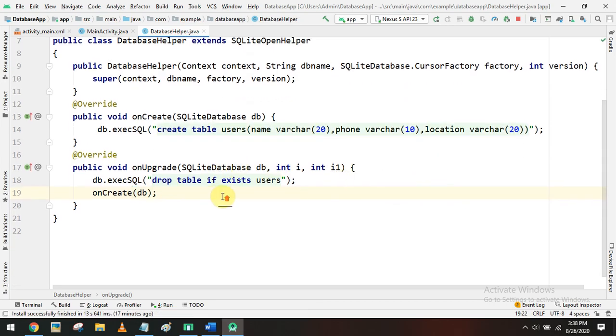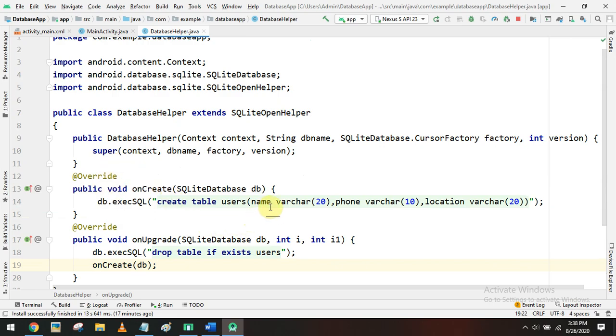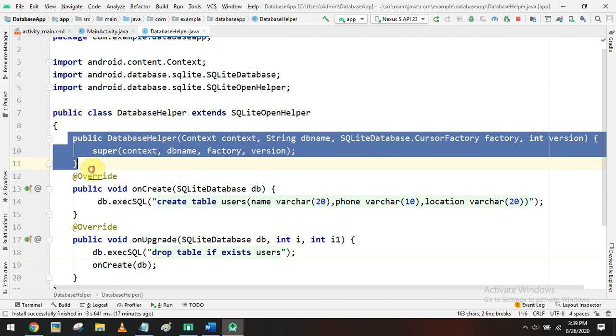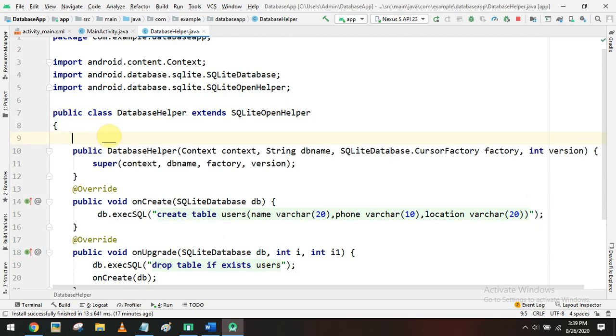Okay, so this way we have completed up to now. We have created a database using this constructor. We have created a database. Okay, this constructor, I'll write the hint points. To create a SQLite database,